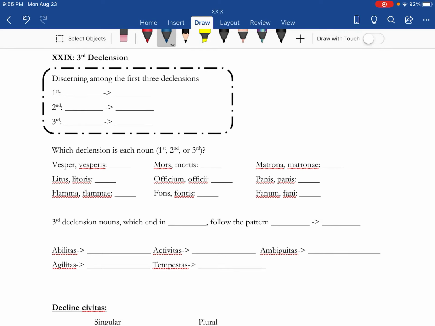What's happening? We are working with lesson 29, third declension. So, briefly, we're going to talk about how to discern among the first three declensions. A goes to AE for first, US or UM goes to I for second, and something goes to IS for third. So if you use that, take a moment